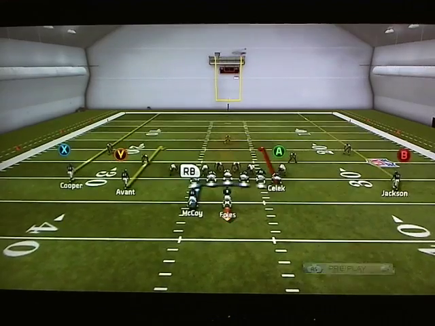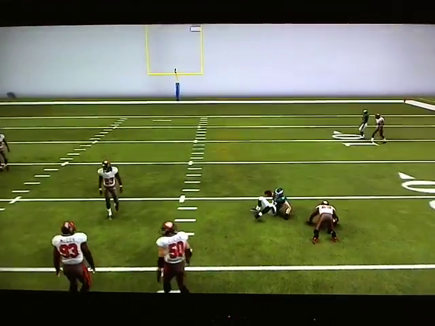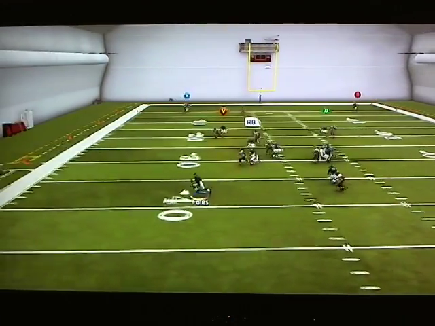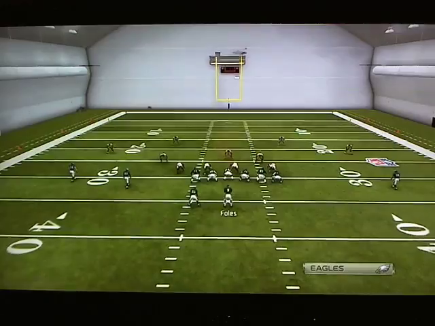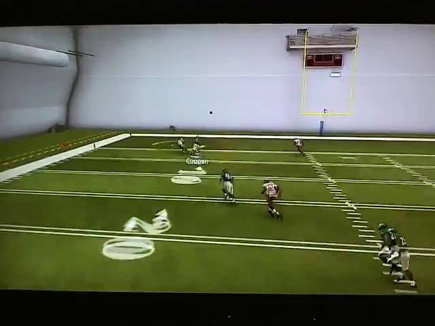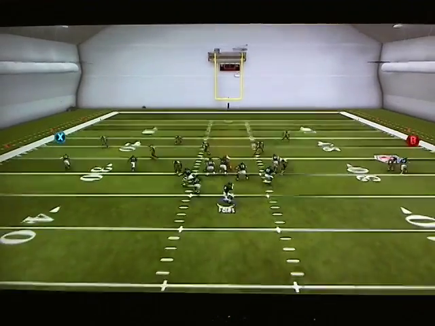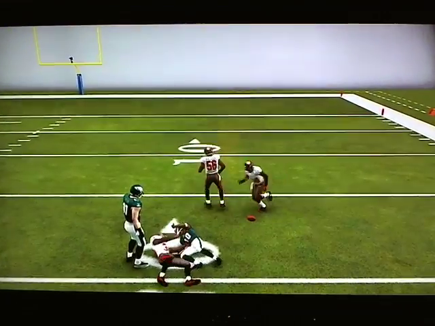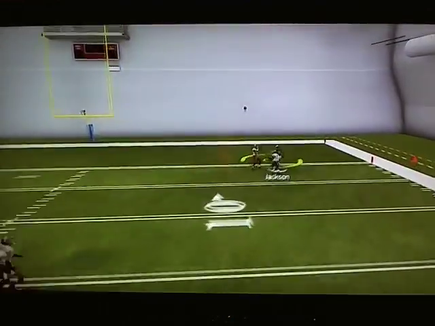I wish these fade routes were a little bit more dynamic than what they could accomplish. You don't want to see Nick Foles run. You don't want to see him run? Oh, fumble. That's how he does it. Look at that corner get up. Jackson. Alright. I'm not feeling super happy about this one, but